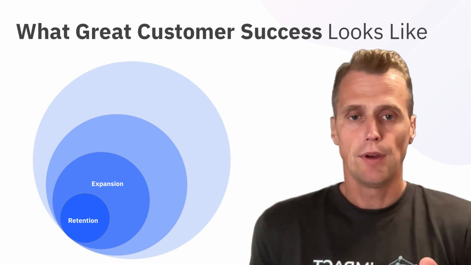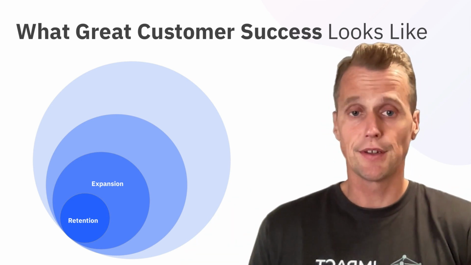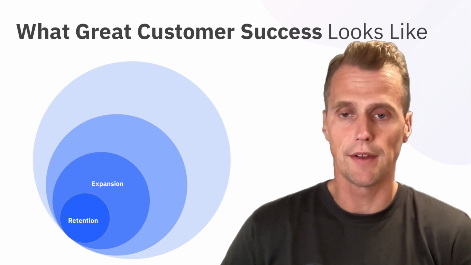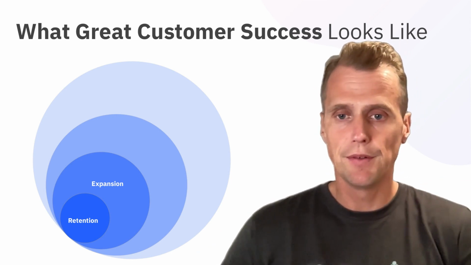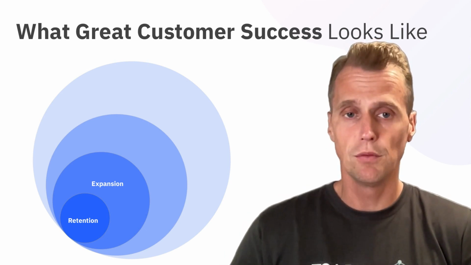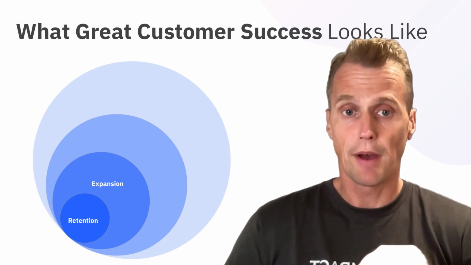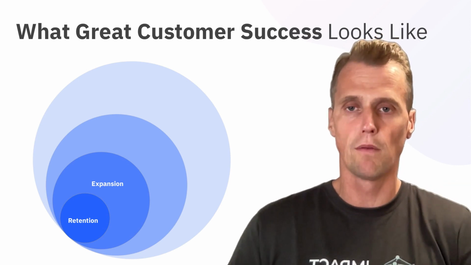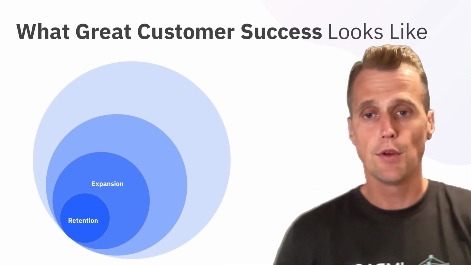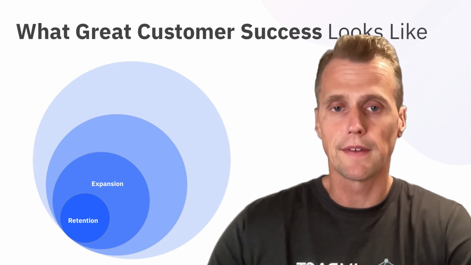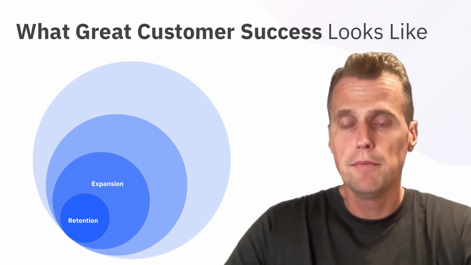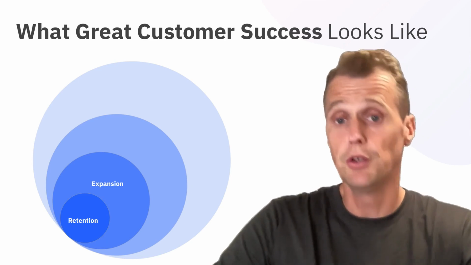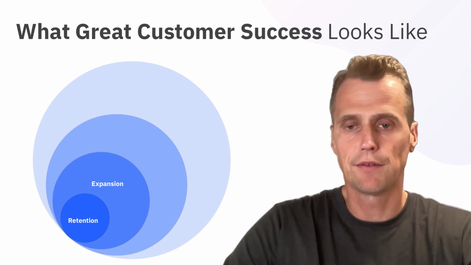Because if you have churn, expansion is the only way to bring your net revenue retention above 100%. And if you bring your net revenue retention to 100%, that means that you will stay on the same level. If you have 100% without any new business, you will just keep the same turnover year after year after year. If you have 130% net revenue retention, that means that you will basically double in 3 years without any new business. So that's a huge metric.